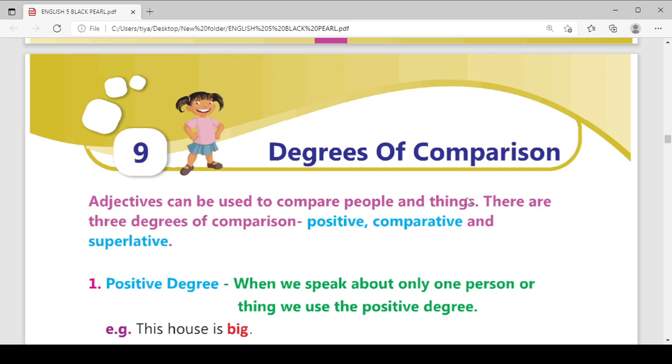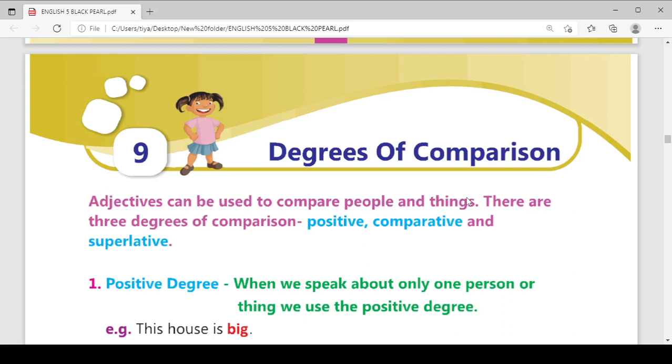Degrees of comparison: we have three types of degrees in English grammar, generally the positive, comparative, and superlative. Many kinds of words have different degrees, and degrees can be used according to the structure of the sentence. When we want to compare two persons, we can use the comparative degree. When we want to compare more than two persons, we can use the superlative degree, and the positive degree is generally used